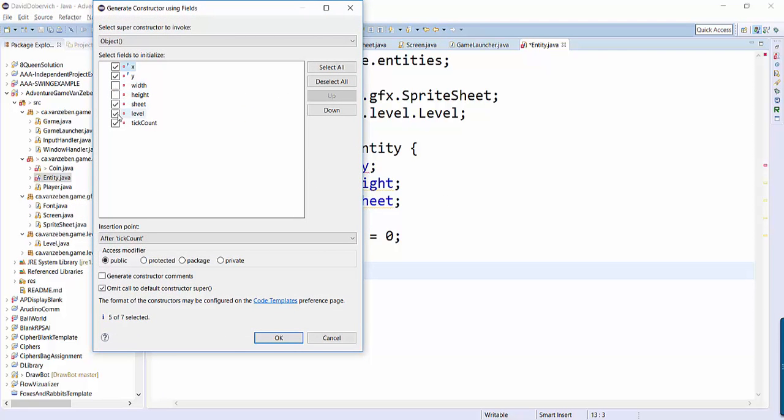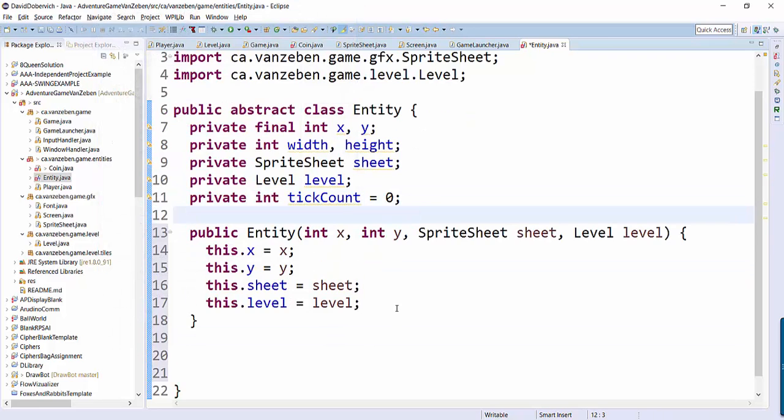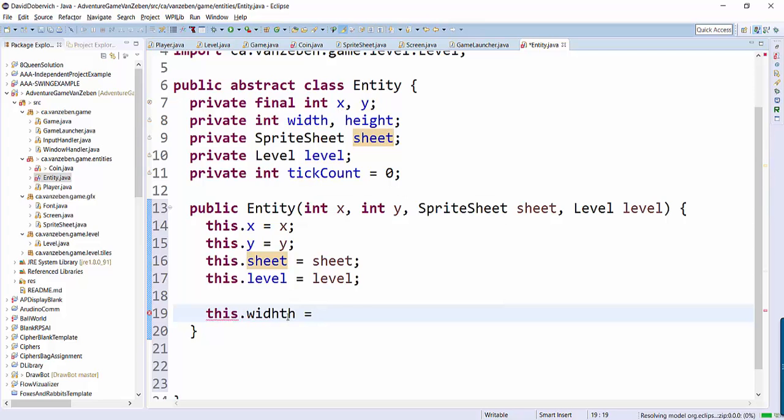So I don't want to construct it with a width and height. I do want sheet. I don't want tick count. Alright, there we go. So there's my constructor. Once I have my sprite sheet, the sprite sheet is what can set the width and the height of the entities. So this dot width equals,